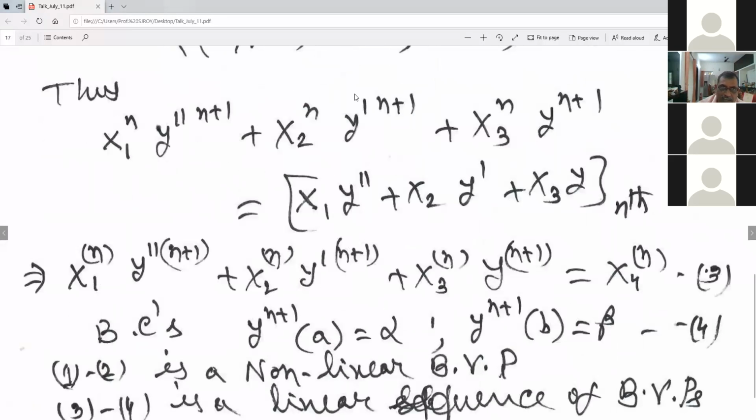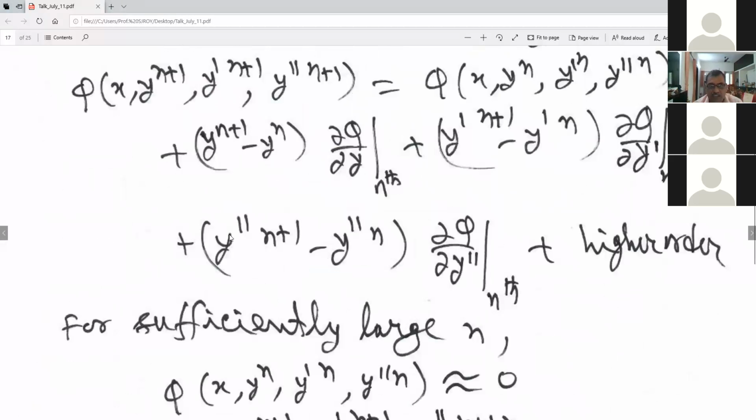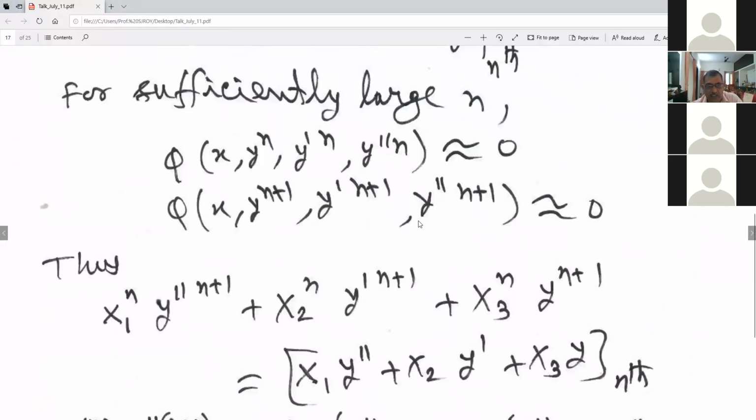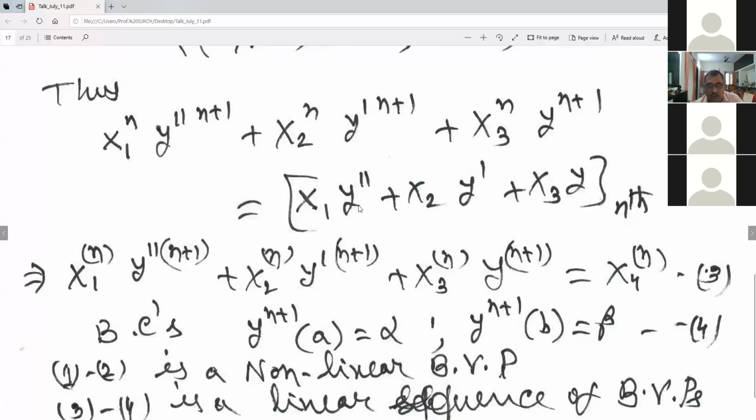So now this calculation, the direct Taylor series calculation, can be written in this form. The right hand side is fully nth iteration and the coefficients are nth iteration. So for the n plus 1 iteration, the equation is now linear, and this is at n plus 1. N can vary from 0, 1, 2, 3, whenever it is close. Then only this equation will be satisfied correctly. So equation 3 will be satisfied correctly for sufficiently large n.